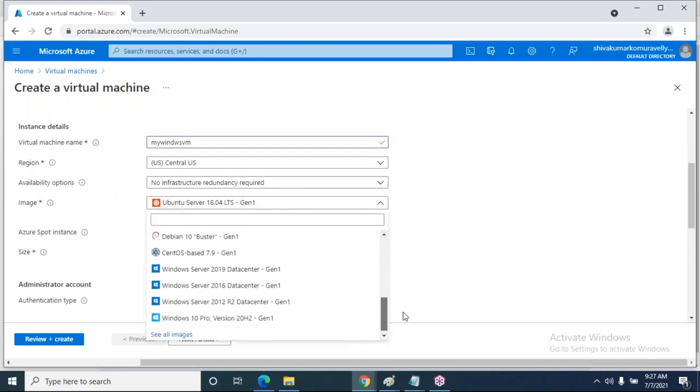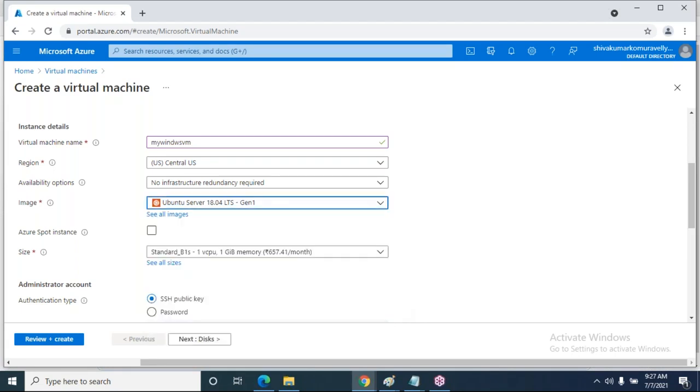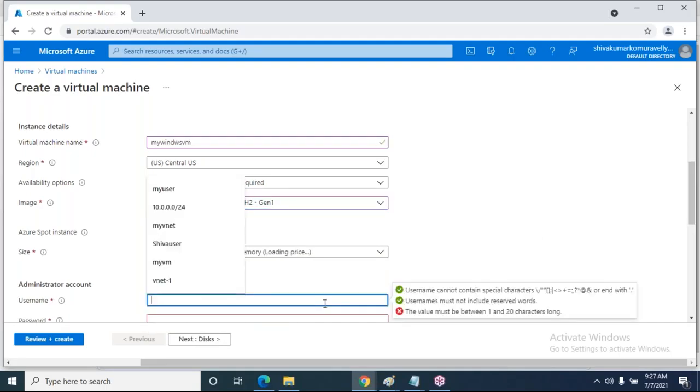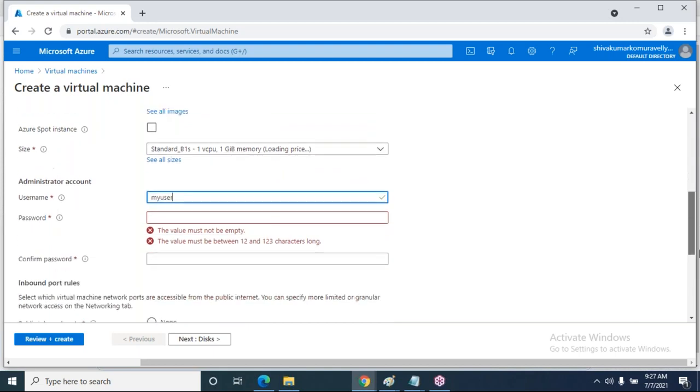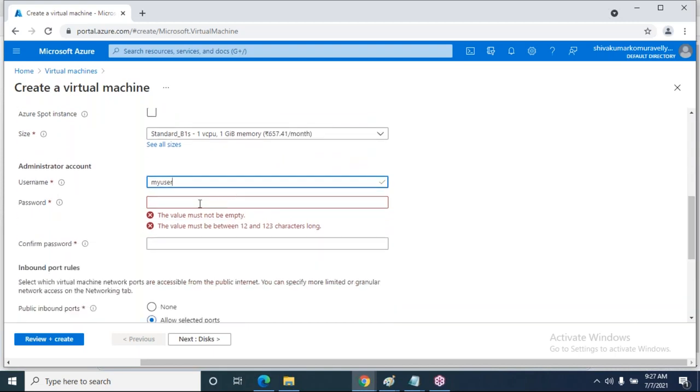Windows 2016, 2019, 2012, many versions are there. I'm selecting Windows 10 Pro. The username is my user, and then the password.